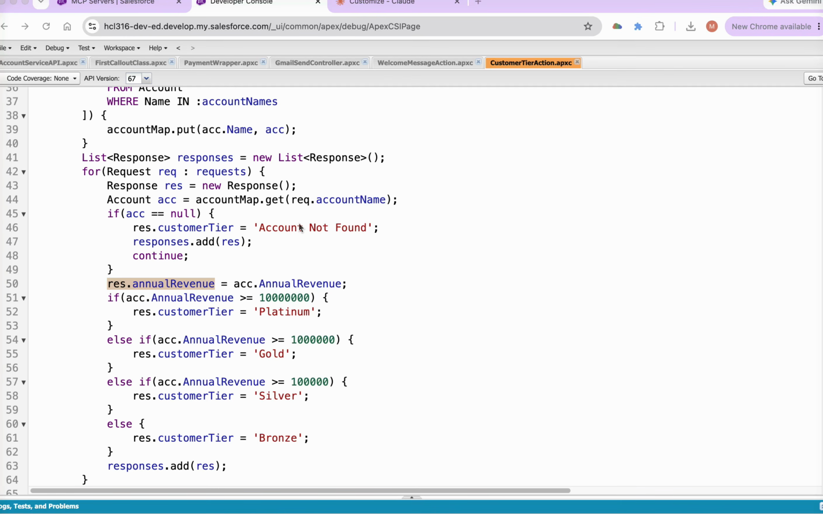So if the account name is blank, then we will send "account not found" in the tier field of the response. But if we are able to find the account, in that case we will have the annual revenue. Whatever we send as annual revenue in the response will be the value of annual revenue associated with the account. And then we have a couple of if else to